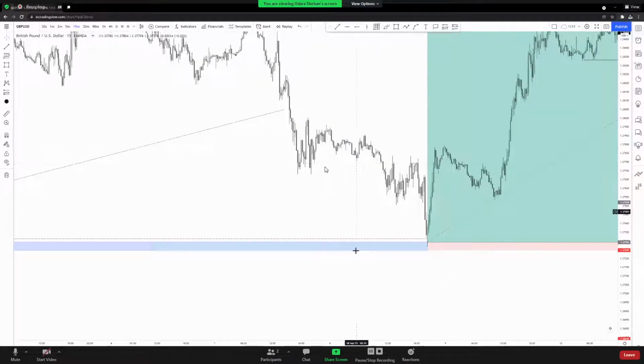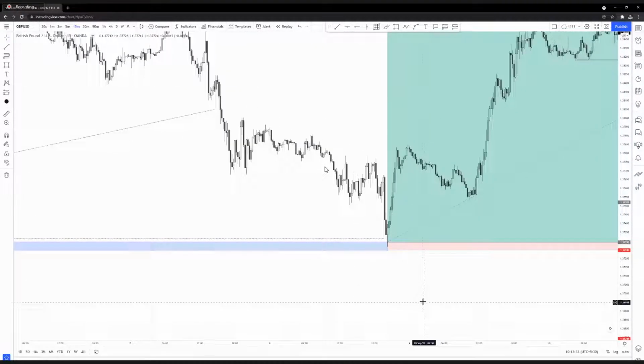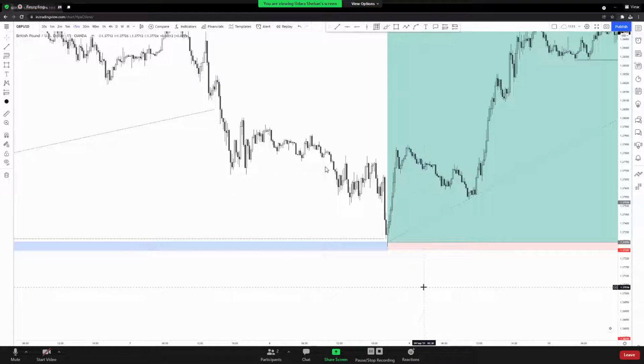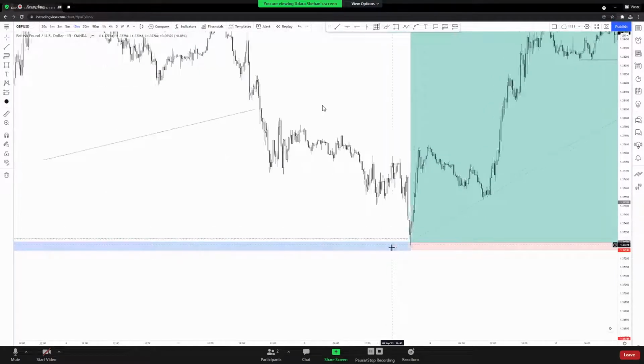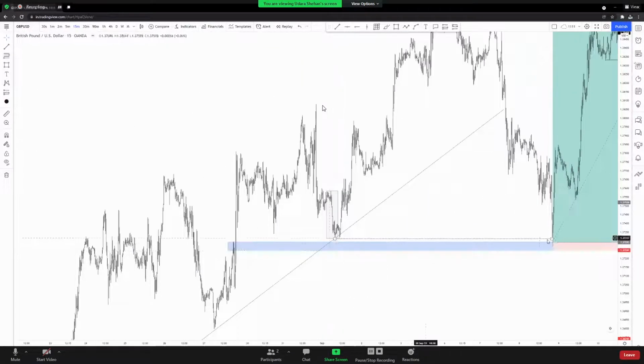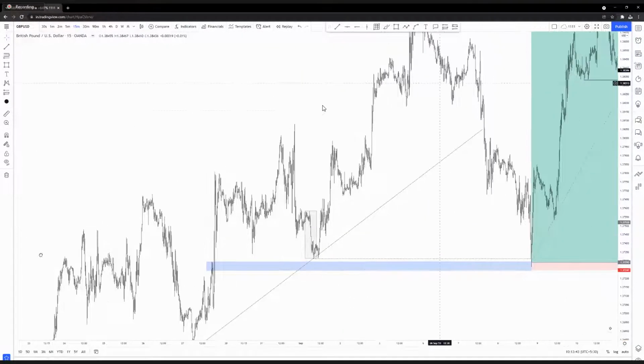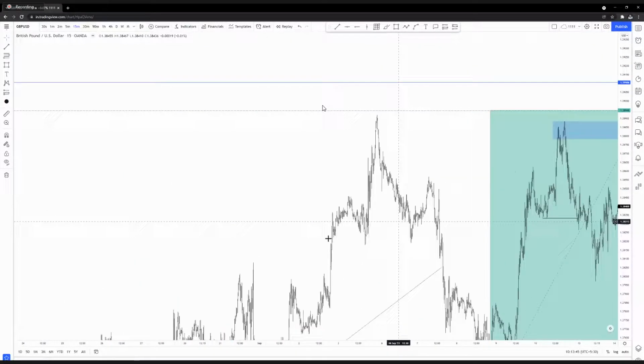Because we're price action traders, right? We have to pay attention to everything that price action is showing you. Everything. So that's the thing. It dropped back down very quickly, cleared out all of this liquidity. So we entered here and then it started going up. Very simple. Can you understand it?